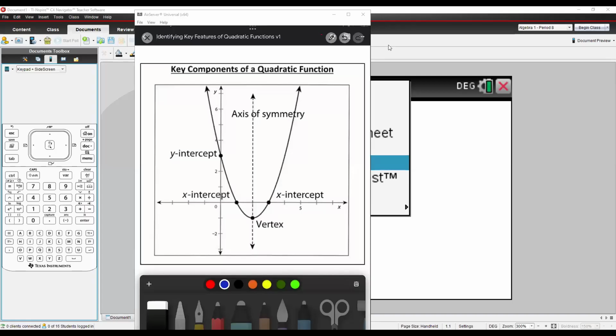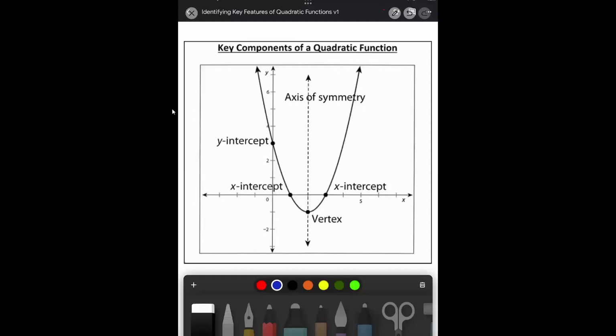Hey, I wanted to do a quick video to help you get started with the quadratic, finding key features of the quadratic function handout that I gave you. First thing you should see on my iPad is an image of a quadratic. You guys have seen quadratics before, but I wanted to focus on a couple of the key features that you're looking for. First thing you should notice is that this is a smile, which means that it has a positive